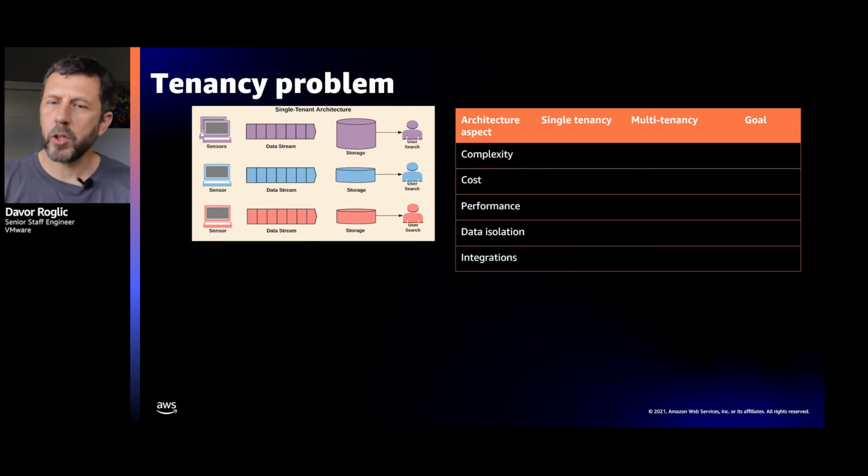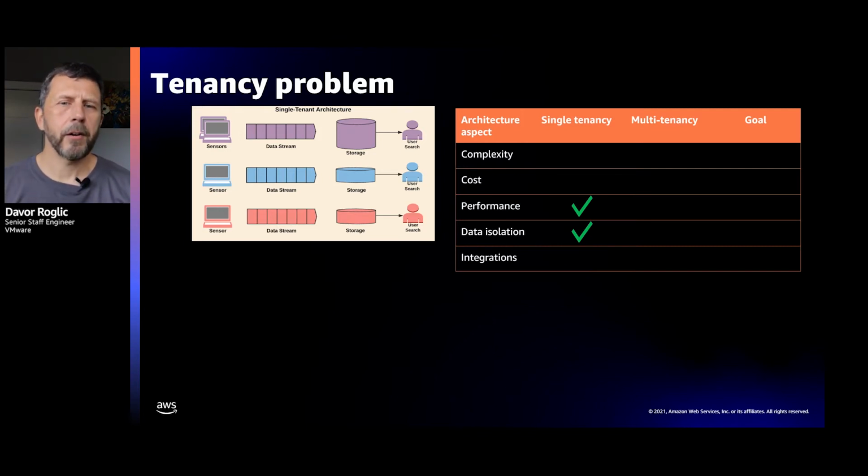Could you just lift this solution into the cloud and provision one instance of the architecture for every client? It's possible, it's not unheard of, but there are a lot of downsides to this approach. There are some positives as well, right? So let's start with the positives. The performance of this solution is typically good. You provision each instance according to tenant size and add more hardware when needed. If your customer gets more data, maybe you add another node to the cluster. There is no interaction between the tenants, which provides performance, reliability, and makes security easier to achieve.